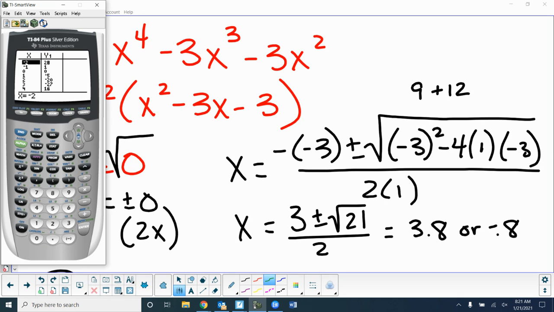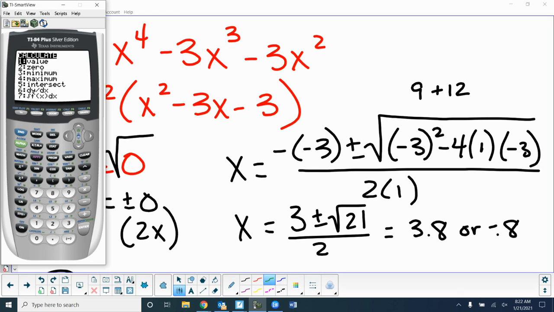Yeah. 3 was -27, 4 was 16, so you know there's a 0 between because one answer was negative, one answer was positive, right? Between 0 and -1,